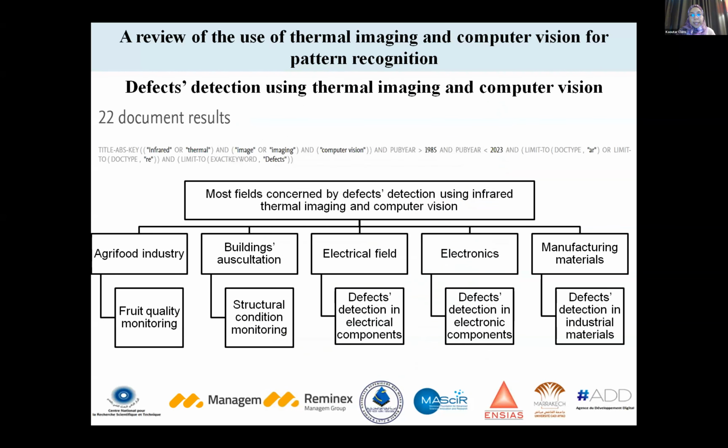So after these results, we move to the second part of the bibliometric analysis, which concerned the defects detection. So as I've presented before, in addition to the keywords we used before, we added the extra keyword defects, and therefore we found 22 research articles that we analyzed, and we found that the most fields concerned by defects detection using infrared thermal imaging and computer vision are the agri-food industry, especially the articles focusing on fruit quality monitoring,